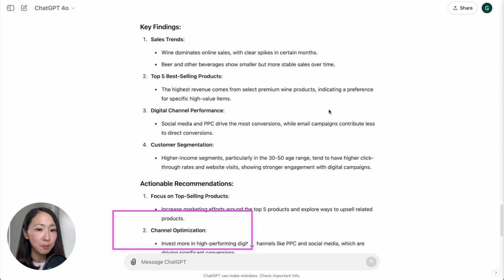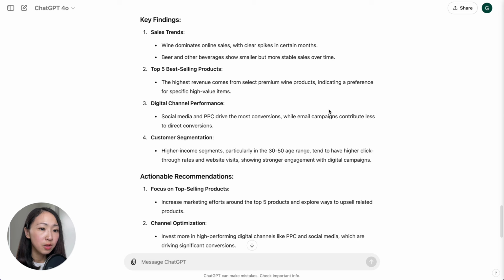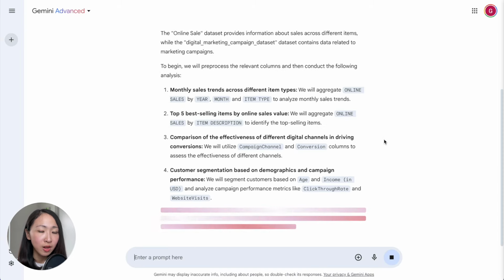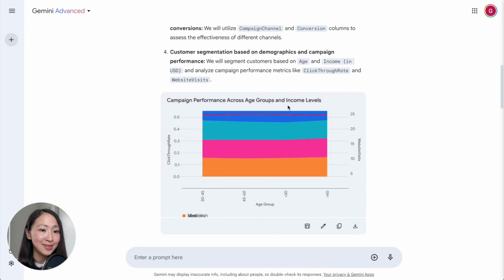Referral is actually the biggest driver, not social media and PPC, as shown in the chart. Though I believe perhaps it doesn't count referral as a proper digital channel, but the rest of the findings are pretty accurate. Now for Gemini, the first thing that I've noticed is the stacked area chart is not quite readable